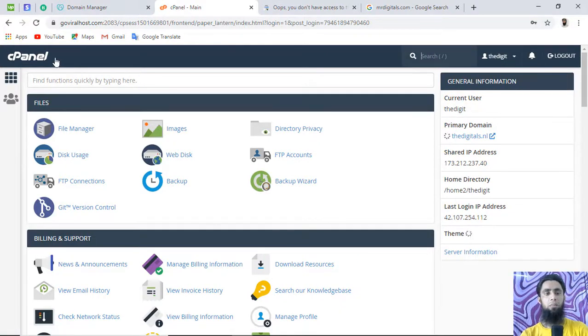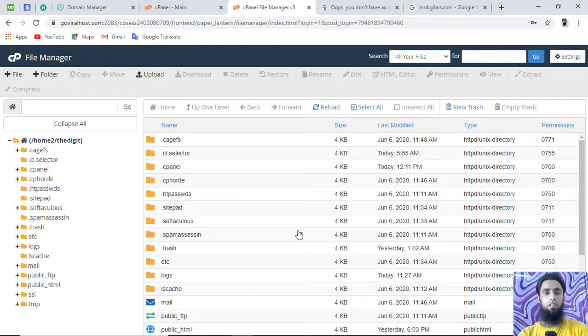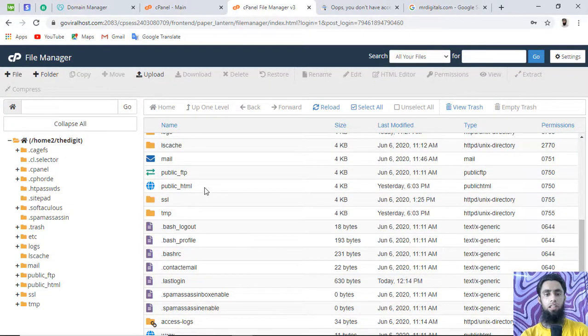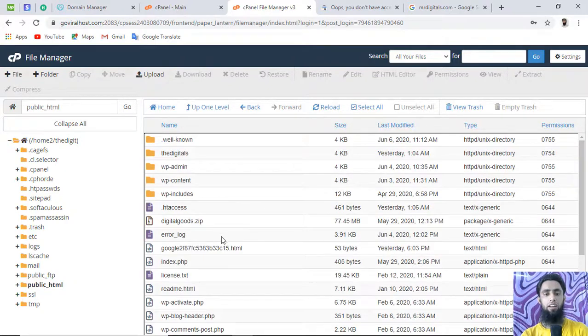So here we have the cPanel of our hosting. Once you are logged into your cPanel, you can see that I have the file manager here. Once you click on public_html, inside of it I have the project, and here I have uploaded my Google Search Console file, which I already told you that you will be able to download from here. Once you download that one, you need to upload it to the root folder of your website, because of which that thing would be verified easily.